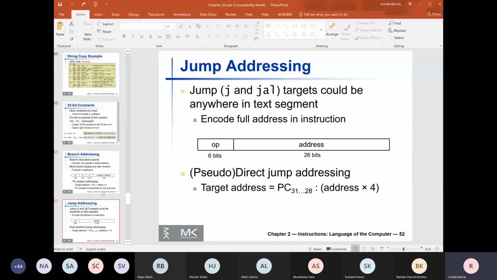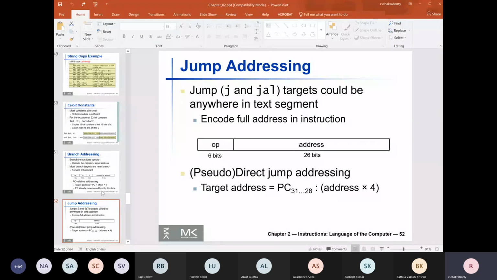The calculated address uses a 26-bit number, but again to save 2 bits, it only mentions an offset, which is then left shifted by 2 positions, that is multiplied by 4, and concatenated with the upper 4 bits of the program counter. Again, this is kind of an address calculation with respect to the program counter.